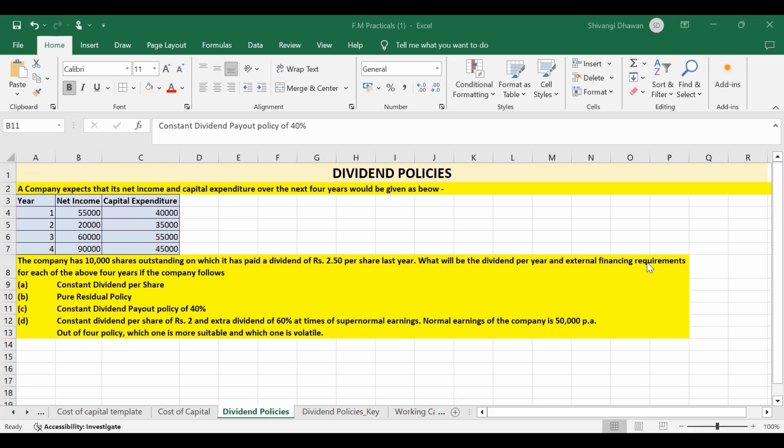In today's video, we will be discussing dividend policies. Dividend policy is the guideline for dividend distribution drafted by the board of directors of the company. The policy includes parameters for sharing profits with the shareholders. It also includes how often and in which form the dividends are to be distributed. It is a decision about distribution of dividend to its shareholders.